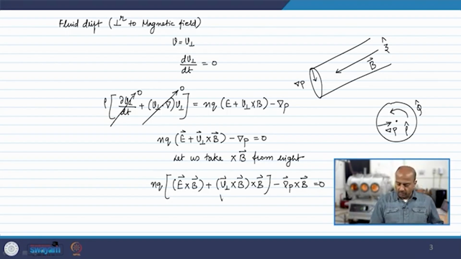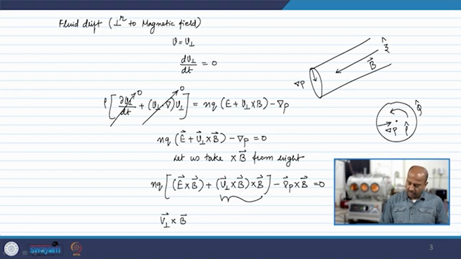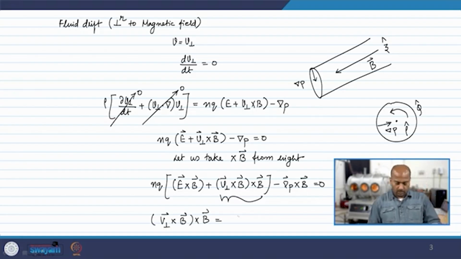So, this is in the form of A cross B cross C, which can be expanded by following a simple vector identity, which is equal to v perpendicular dot B